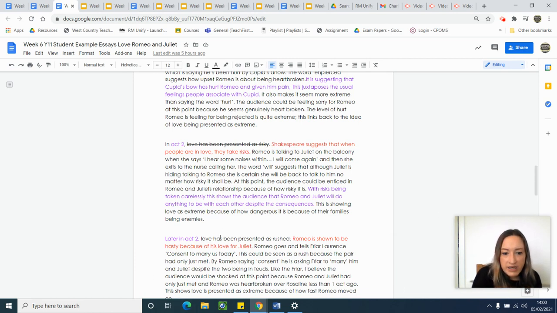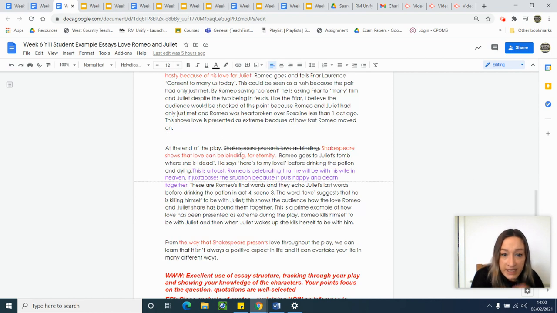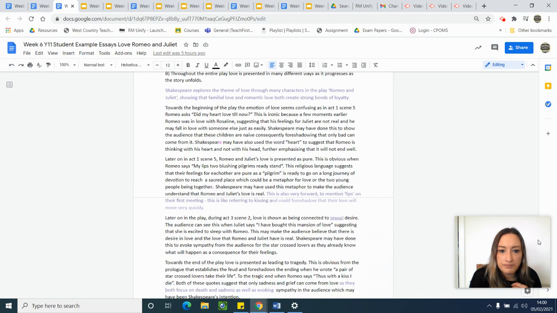Instead of "later in Act 2, love has been presented as rushed. Romeo is shown to be hasty because of his love for Juliet." Hasty is another word for rushing. And here, Shakespeare presents love as binding. Shakespeare shows that love can be binding for eternity. Okay, so trying to just phrase it a bit more clearly. And then in the last one,